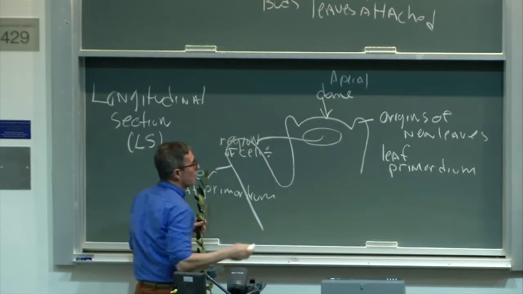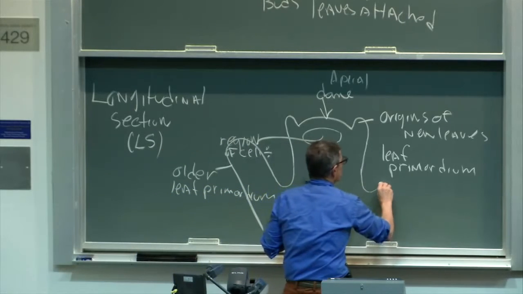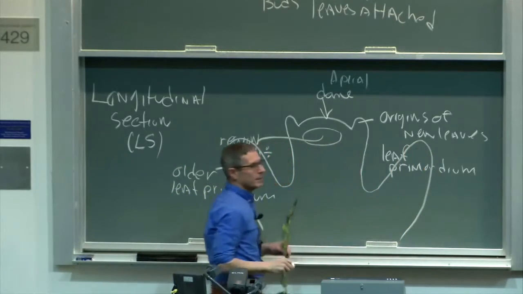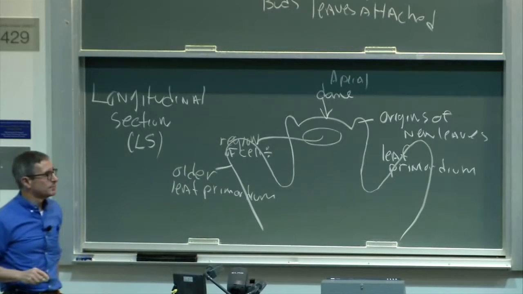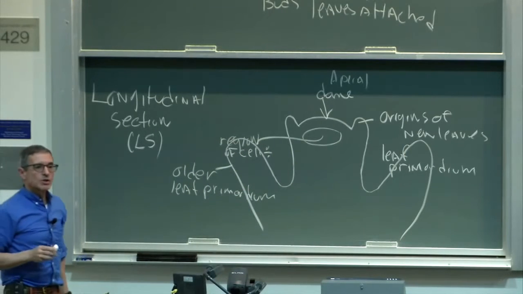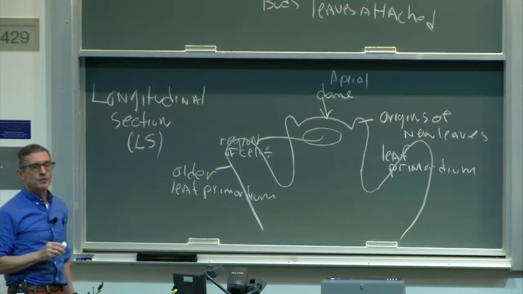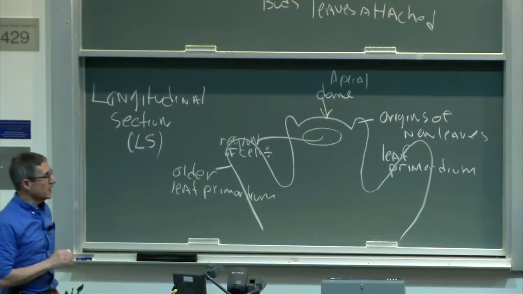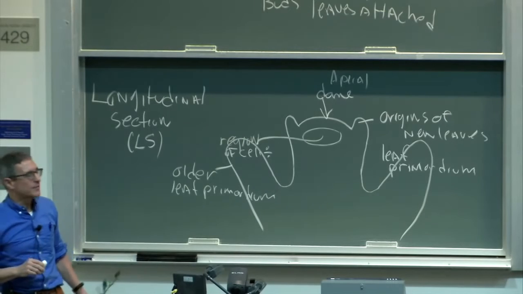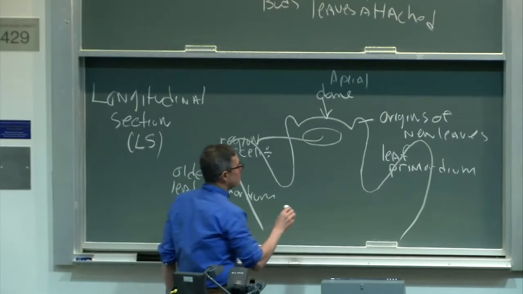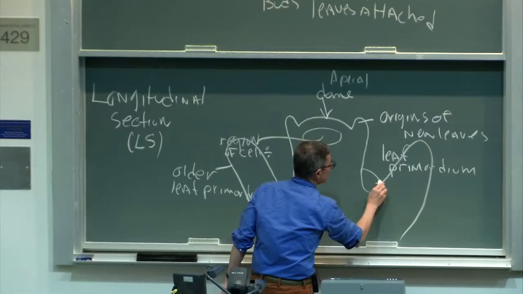An older leaf primordium. And on this side as well, we find an older leaf primordium further down on the axis. Also at the shoot apical meristem, we find one other structure that you've already been introduced to that is produced as a result of the cell division activity of the apical meristem. And that is in the axil